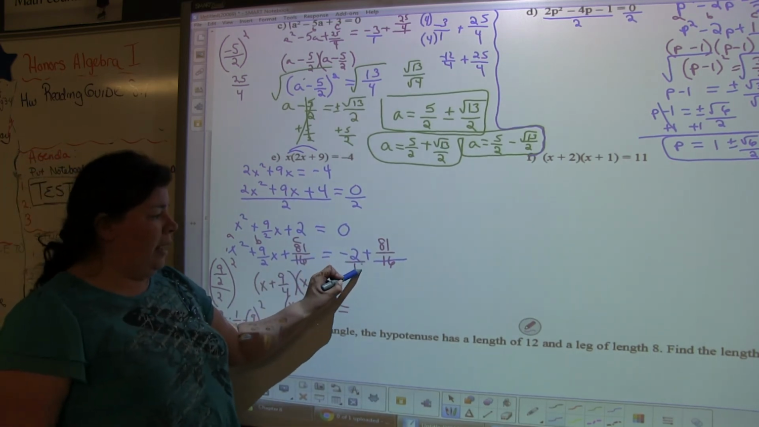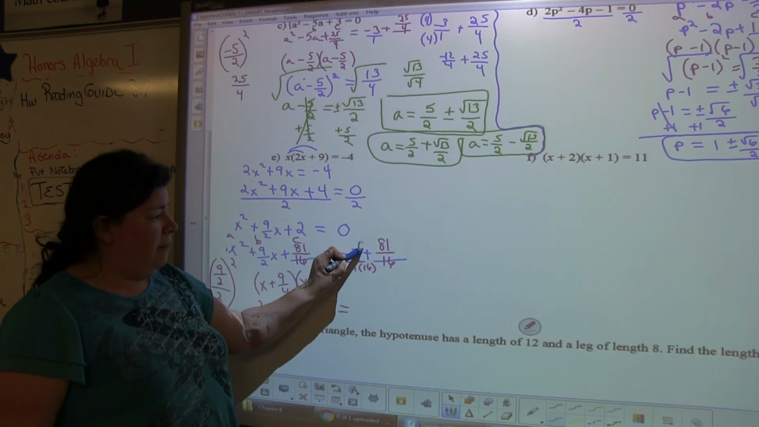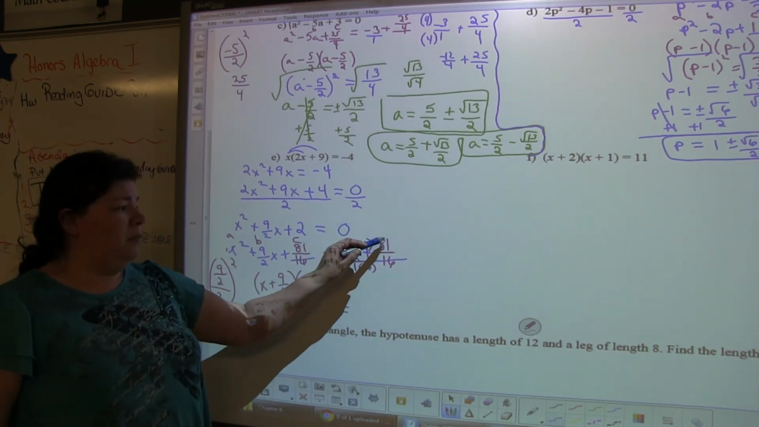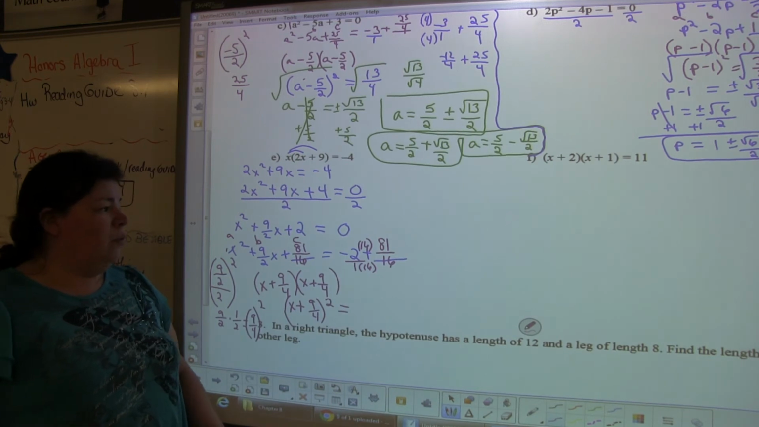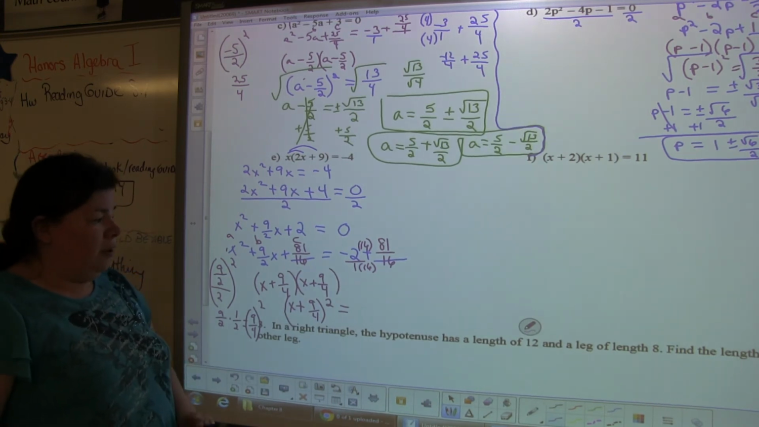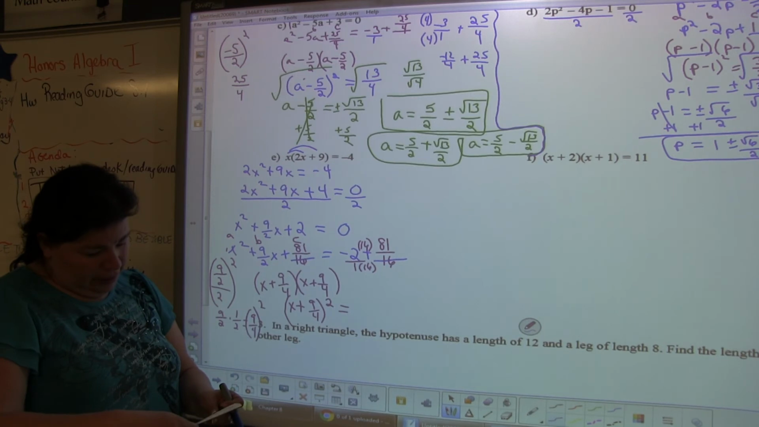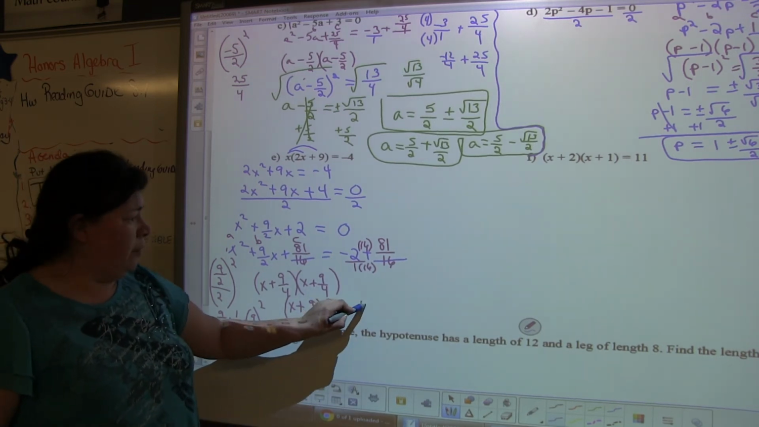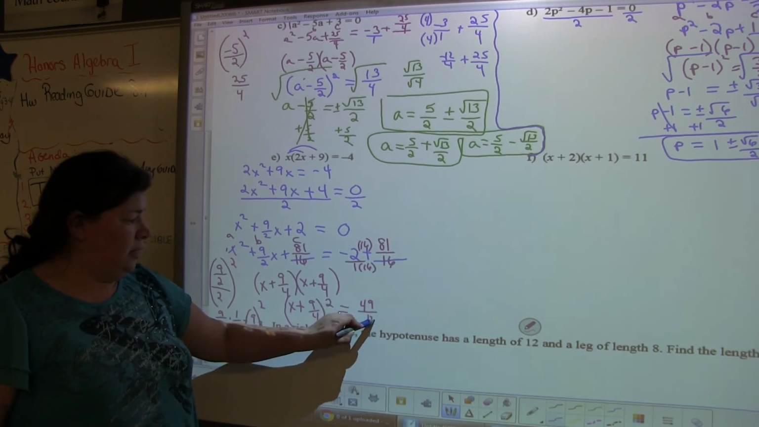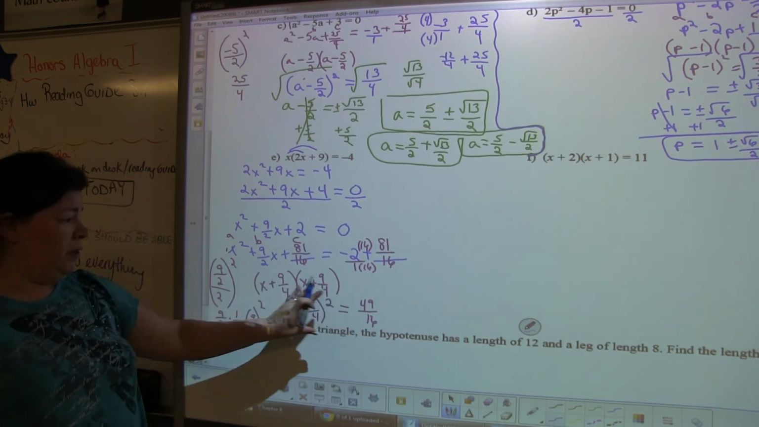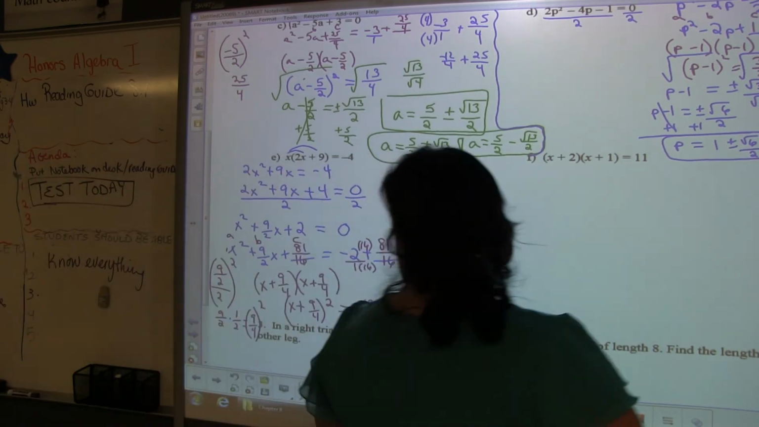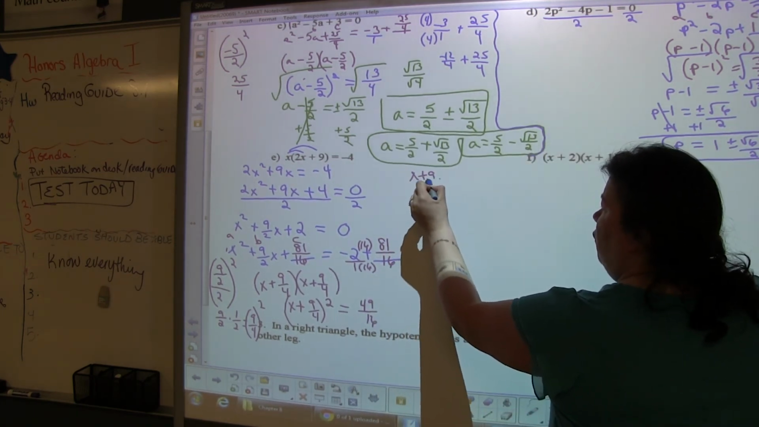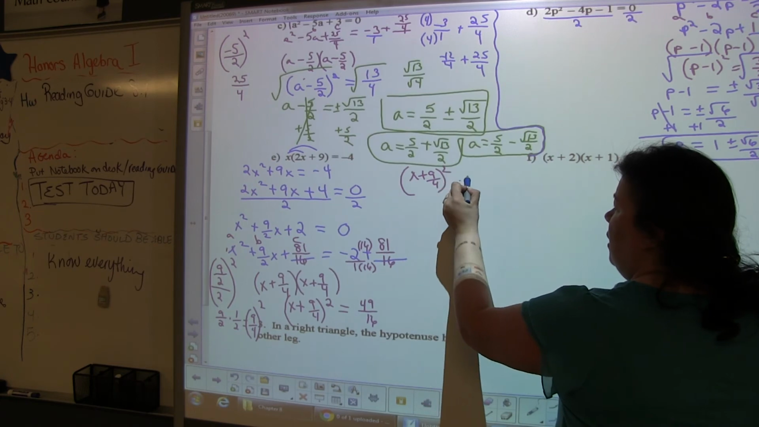If I go ahead and multiply top and bottom by 16ths, I'm going to get -32/16 plus 81/16, which leaves us, I believe, with, let's see, 49/16. So I have 49/16. So what I'm going to do is I'm going to rewrite this up here and carry forward. So we have x plus 9/4 quantity squared equals